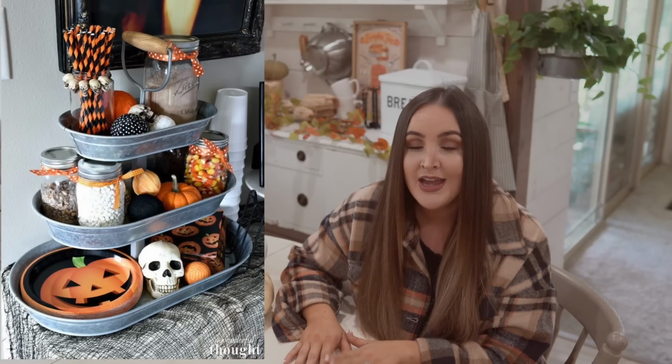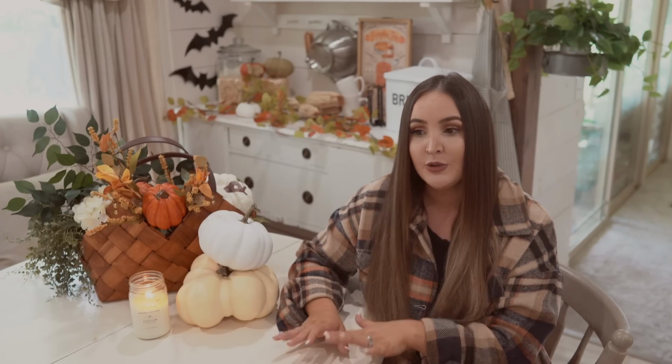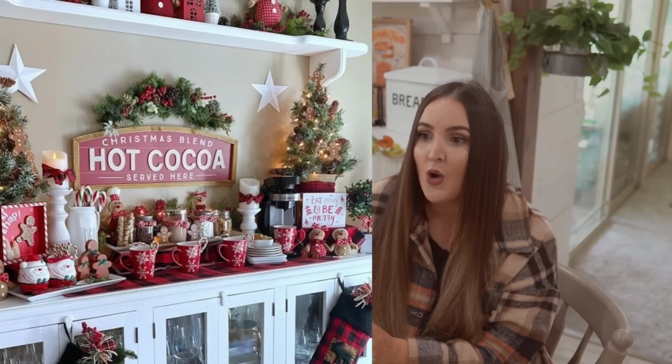I'll pop a few up here of just different hot chocolate bars. I will even look at different holidays because I really couldn't find very many fall ones. So I'll look at Christmas ones and I'll say, oh, I love the Santa mugs that they use. And so just swap those out. Instead of putting Santa mugs out, use some pumpkins or some ghost mugs or some other really cute fall mugs that you might find. So I just like to get inspiration from all kinds of places, but Pinterest is definitely